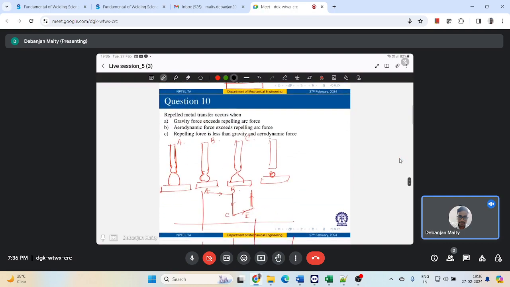And in my final question, I answer that repelled metal transfer occurs when the repelling force is less than the gravity and aerodynamic force. When the gravity or aerodynamic force is more than the repelling one, the droplet will get detached, right? So